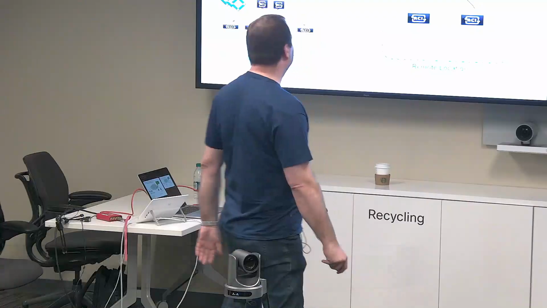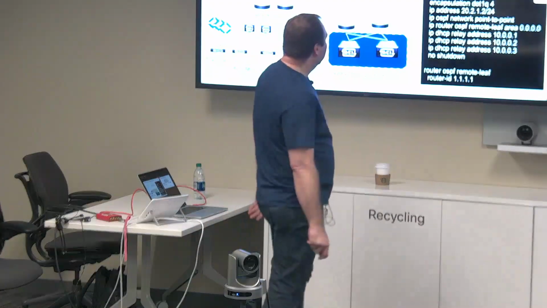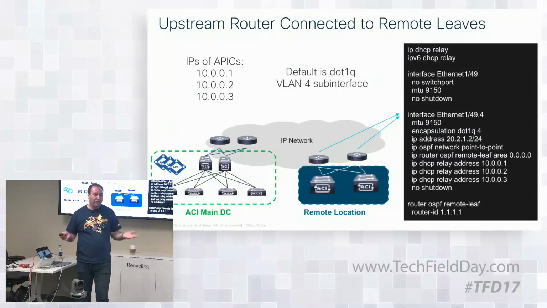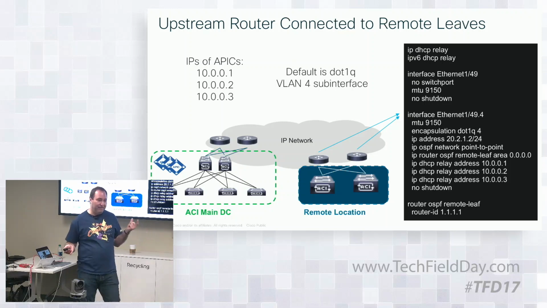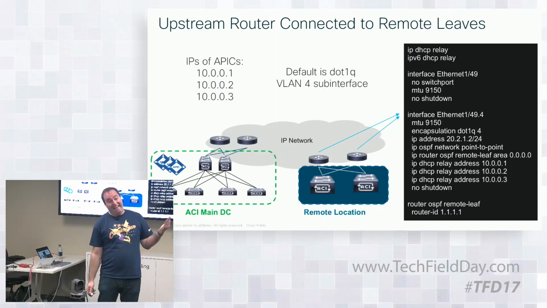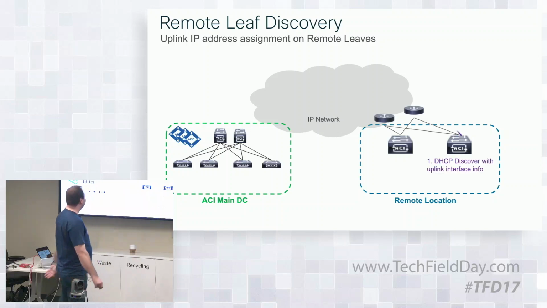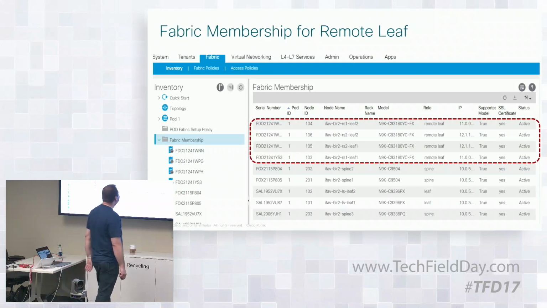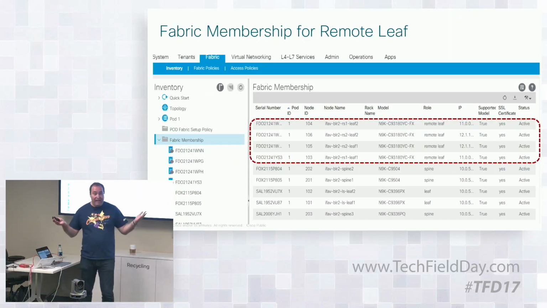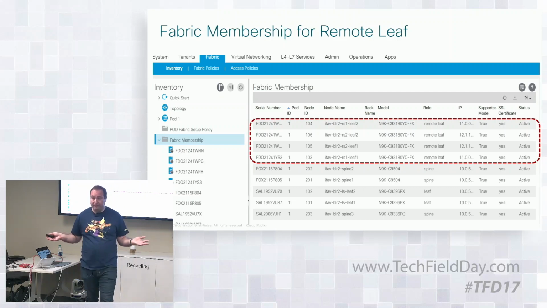Now, I don't know if you caught it, but to get a little geeky, we have a higher MTU here. You have to take into account that you're going to have VXLAN overhead. You can set the MTU on your front-end ports, but I kind of glanced over it because this is not Network Field Day, so I didn't want to get into the technical details. But again, from a management perspective, it's literally like it was there, even though it's in a remote location.